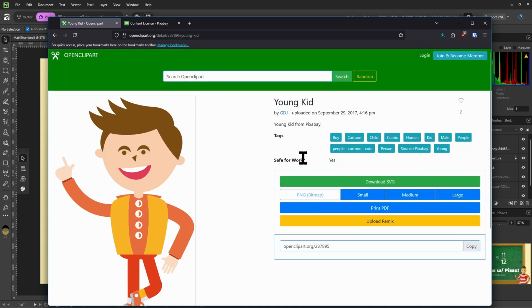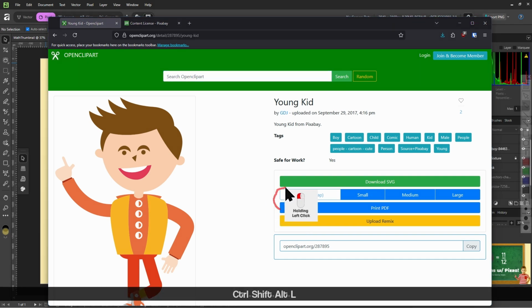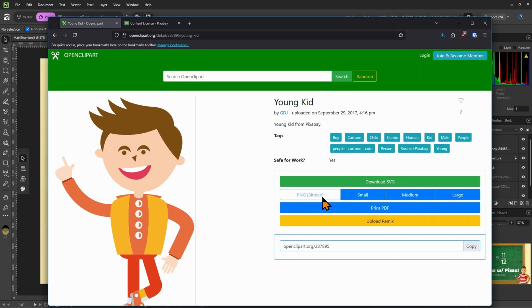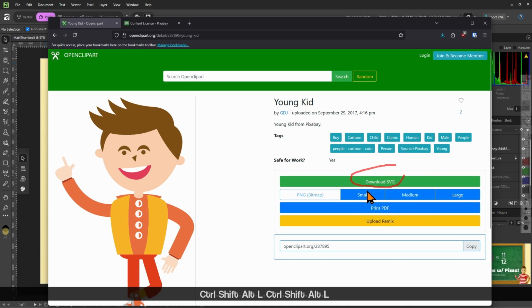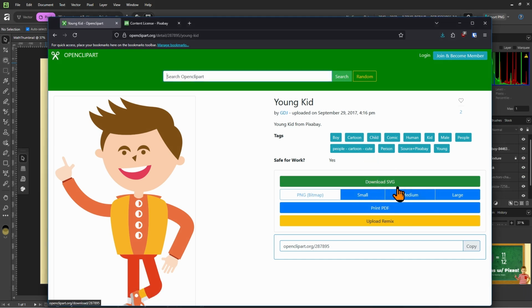And here in Open Clip Art, you probably want to be careful to download PNG bitmap and not download SVG. SVG, also known as scalable vector graphics, is actually better, but that's a topic for the Vector Studio, and we are still in the Pixel Studio.